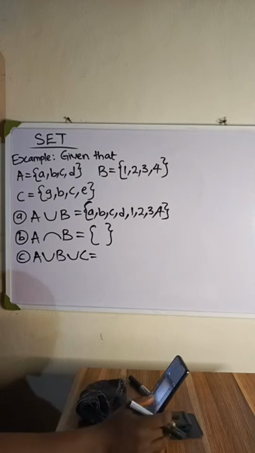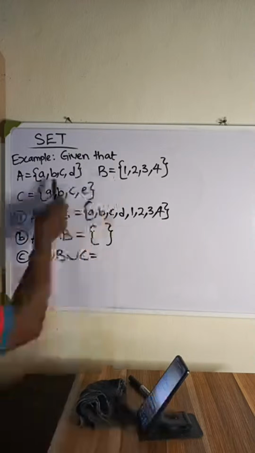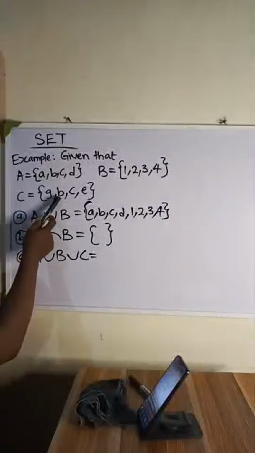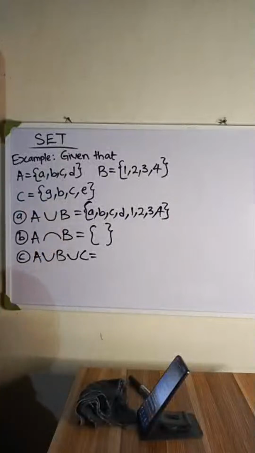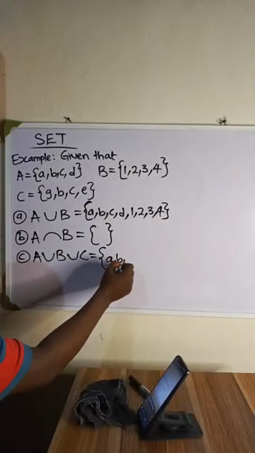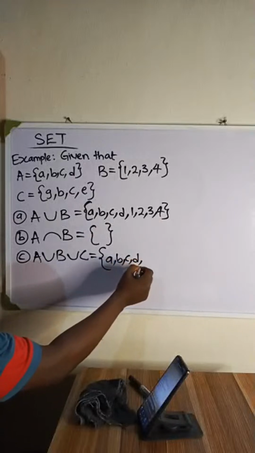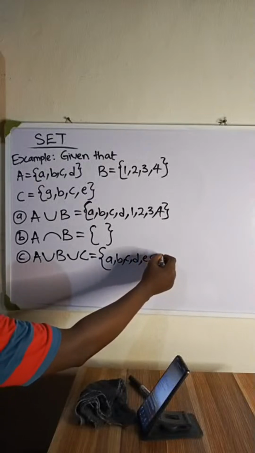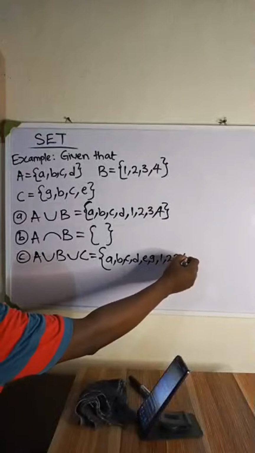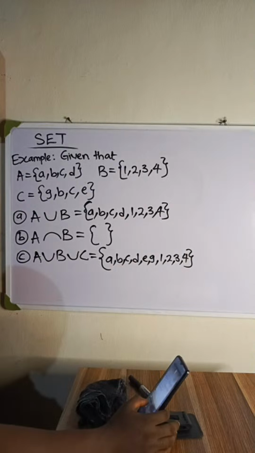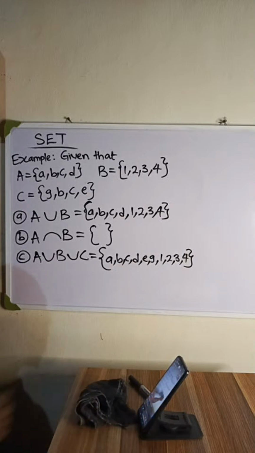So if you look at A and C, they have values that are the same. B is here, B is here, C is here, C is here. So you only need to write one of those. So that will be A, B, C, D, E, G, 1, 2, 3, 4. That becomes the answer. So it's important to know the difference between